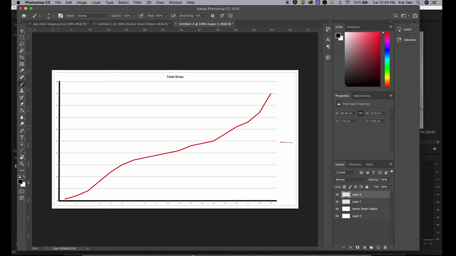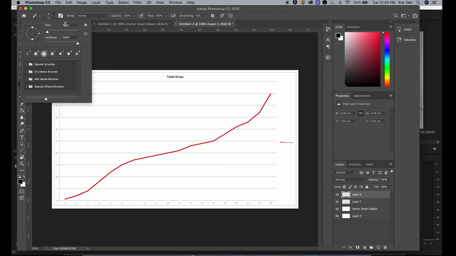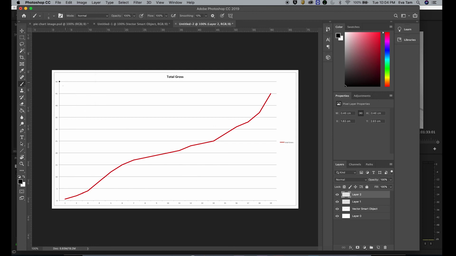And then I think this is too thick, so I'm going to make this a little thinner. Let's do 5. I'm going to do this again. So here 1, much better. All right. I also want to make divides, like marks for these.